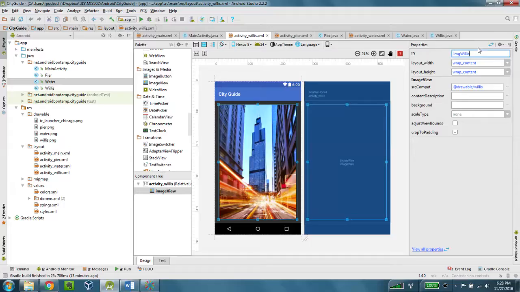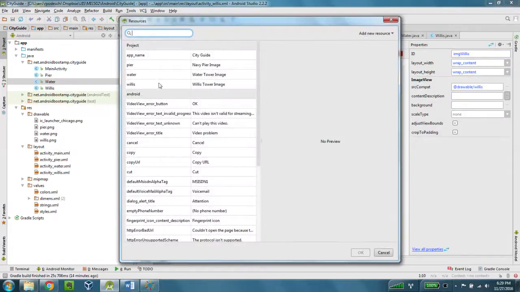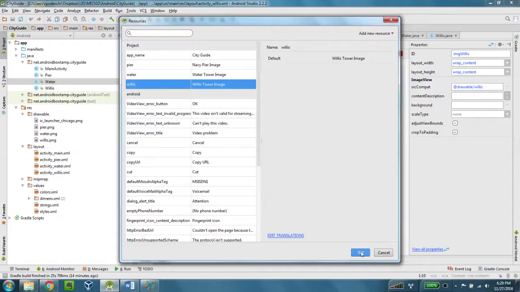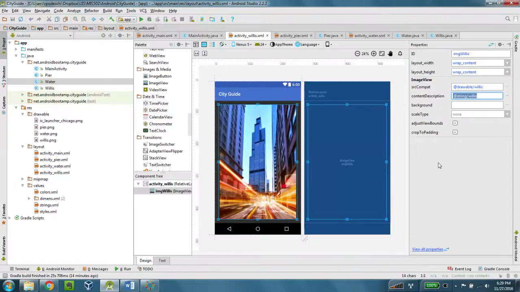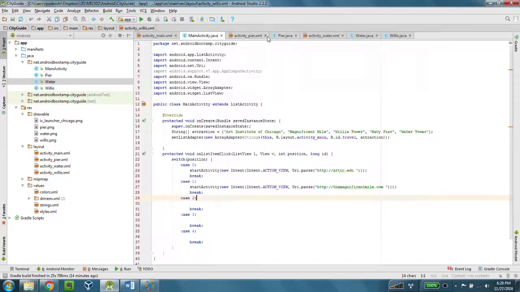And for our content description, we need to define this, what we set earlier in our strings.xml file, to be Willis, so that for accessibility reasons, if someone could not view this image, the screen reader would read it to them. So we'll make sure we do that, and we'll go ahead and save. And we're going to close the activity_willis.xml, and now we're going to go to